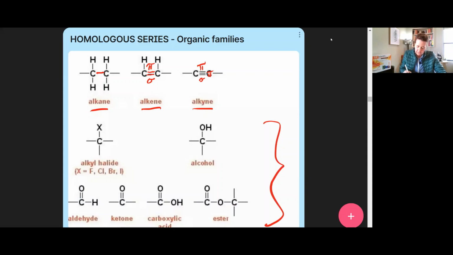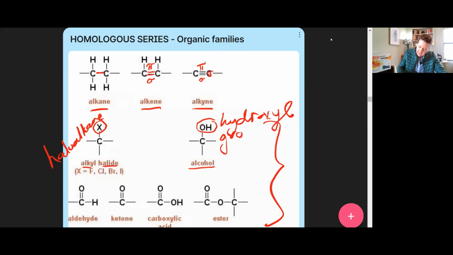So the derivatives of the hydrocarbons are as follows. They are the alkyl halides or the haloalkanes. They consist of a halogen as a substituted group onto the main chain, bonded to any of the carbons on the chain. An alcohol is where you have a hydroxyl group. We call this a hydroxyl group as your substituent